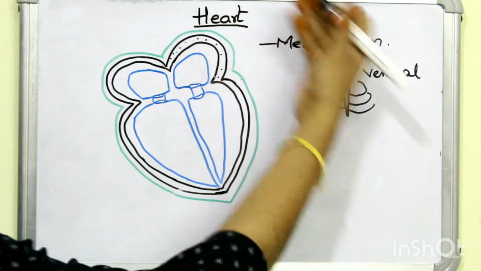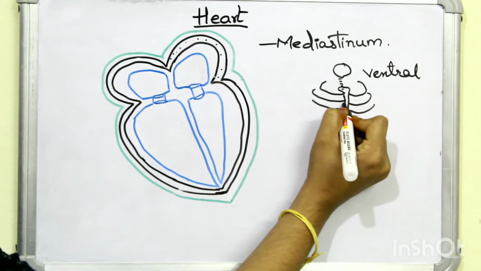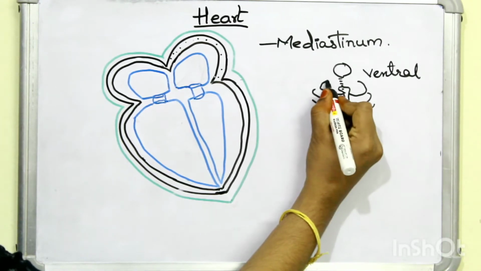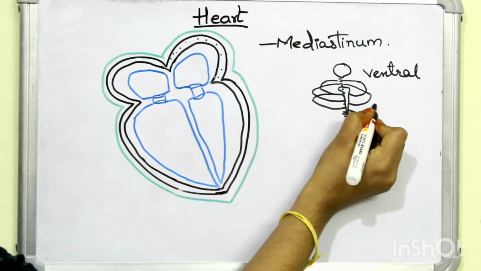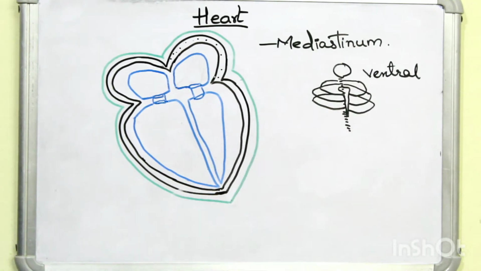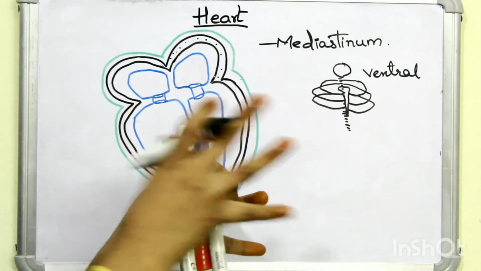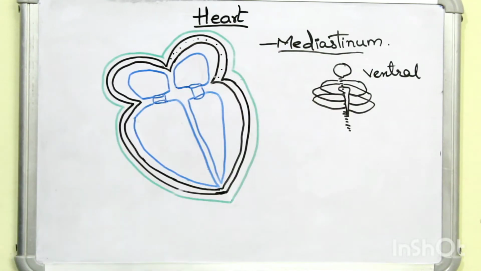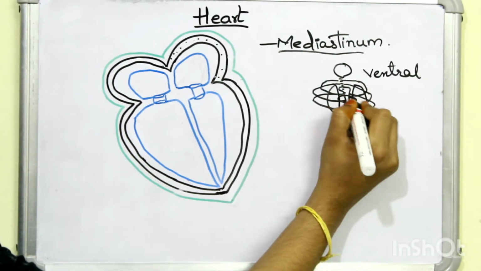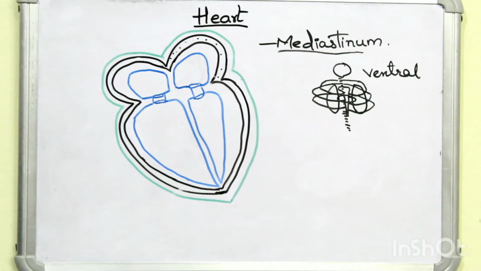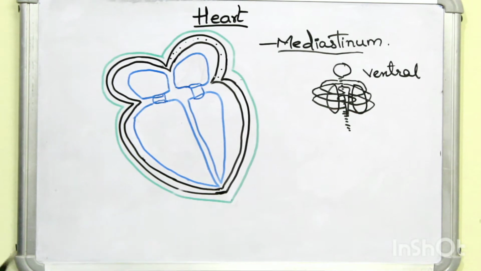And at the other side, the dorsal side, you will find the vertebral column, or you can say the backbone. To this backbone, these ribs are attached. So totally, in front you will have the rib cage, and at the back you will have the vertebral column. In the middle, the region is called the mediastinum. In this mediastinum region, you will have a pair of lungs, and in between you will have the heart. How well protected it is, right? Along with these bones, it is also protected by different layers.